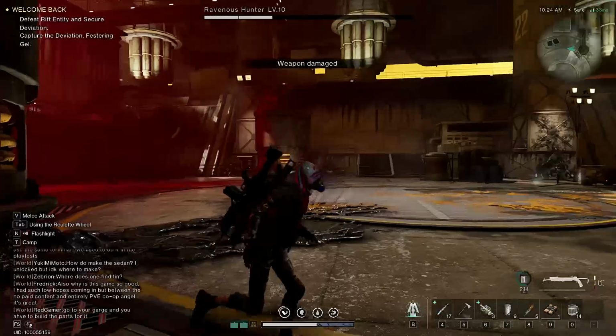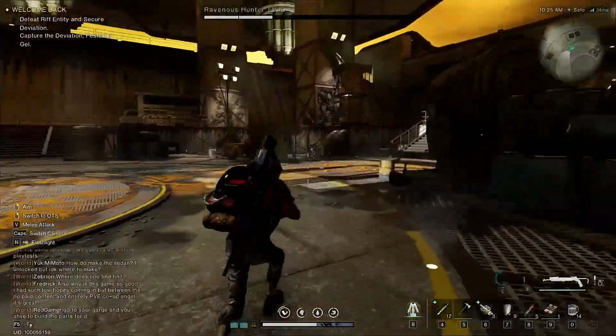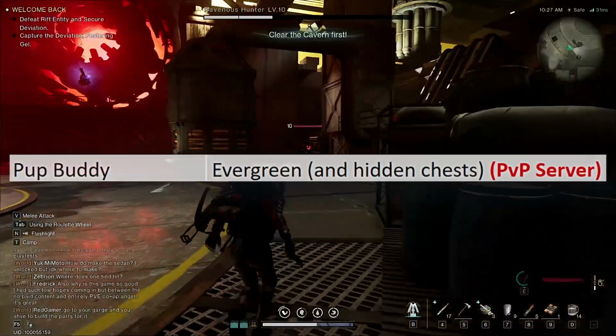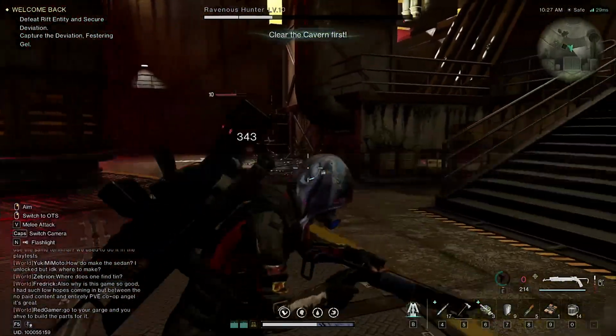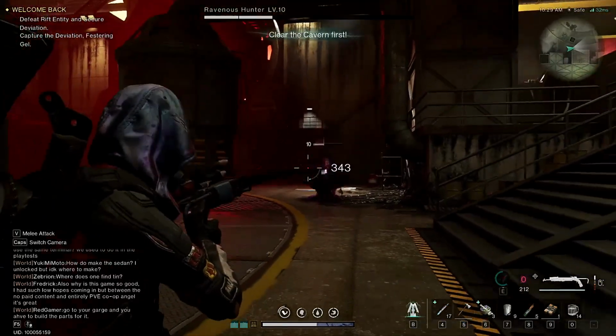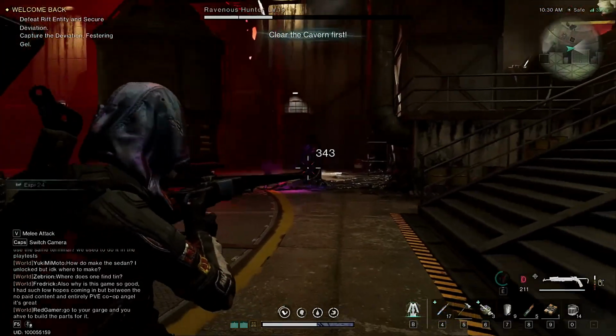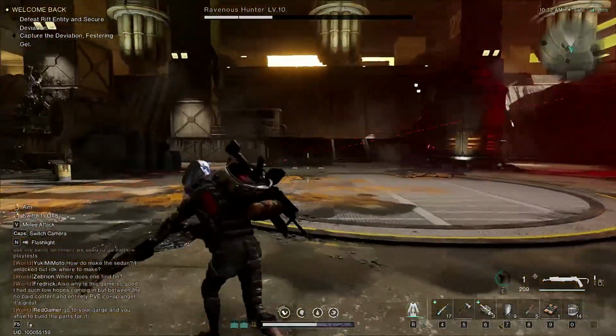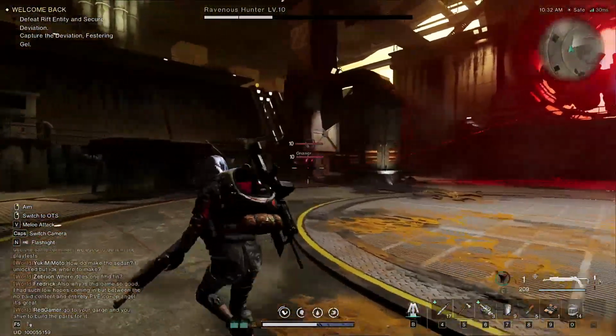But let's go ahead and move on to the 4th deviant called Pup Buddy. You can find this inside of the hidden chests only on PvP servers, and this will give you the ability to craft a potion that is going to increase your carry capacity. Next up, we have Gingerbread House and Disco Ball, both of which can be found in various locations throughout the